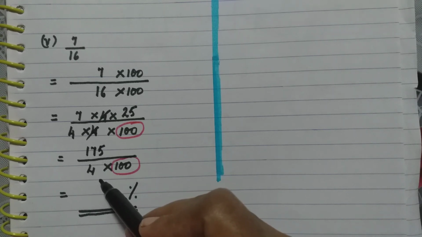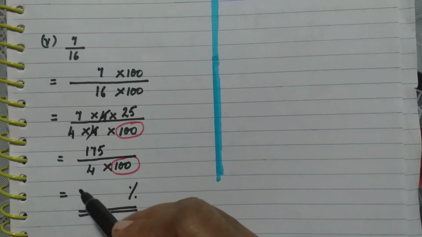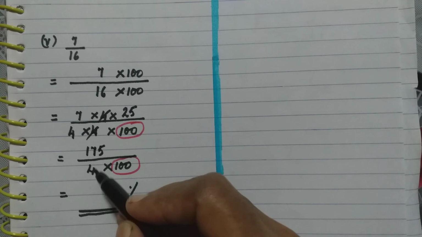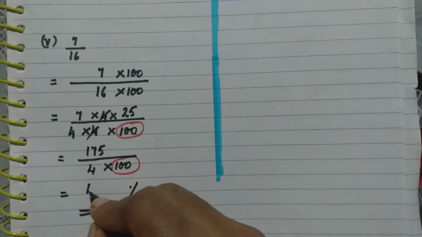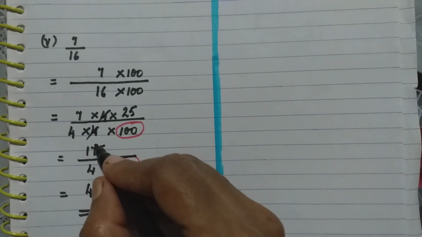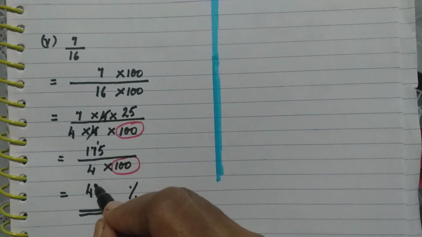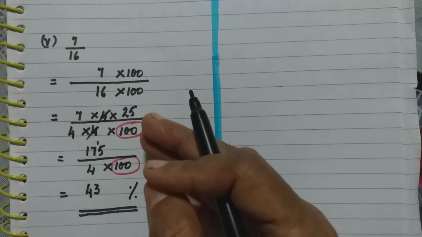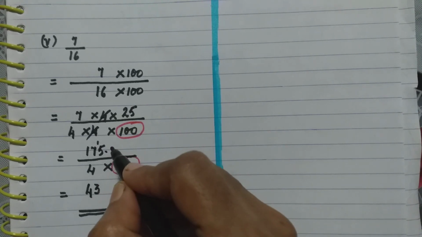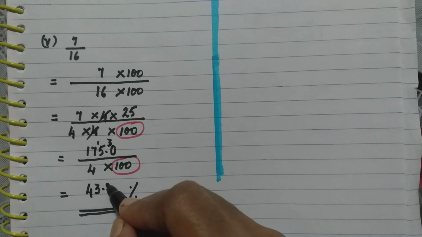What is left? 175 by 4. Let us divide and write it here. We may also get the decimal point, but still we write the number. Now 4 does not go in 1. 4 goes in 17 4 times. 4 fours are 16. So 1 is left. 4 goes in 15. 4 threes are 12. So we write 3. Now after 12, 13, 14, 15, 3 is left. So if I put a point and put 0, this 3 which is left is here. Now in 30, 4 goes 7 times.